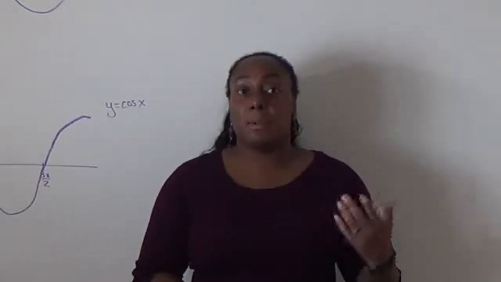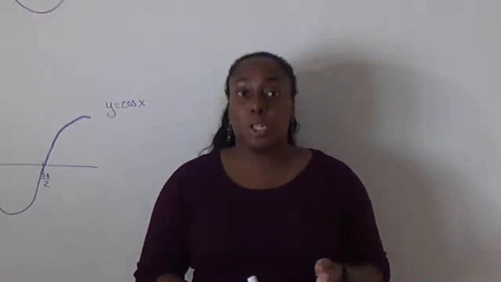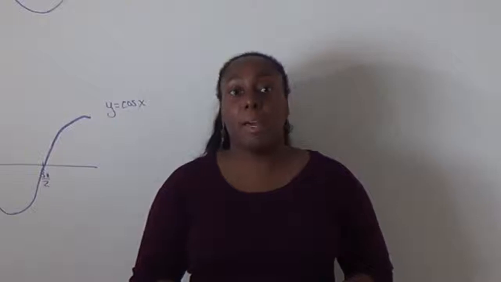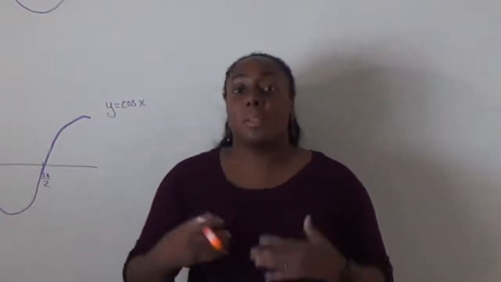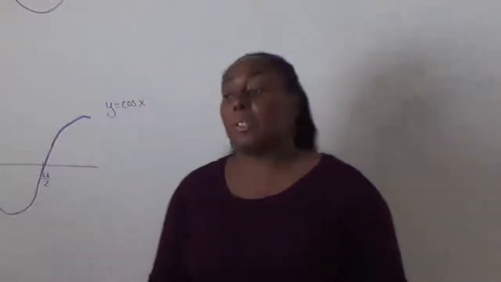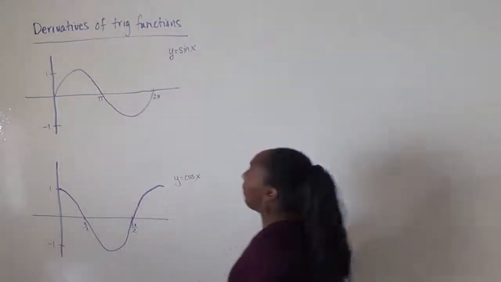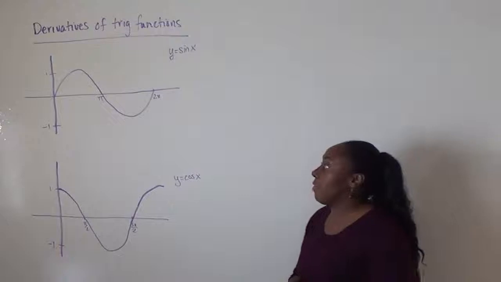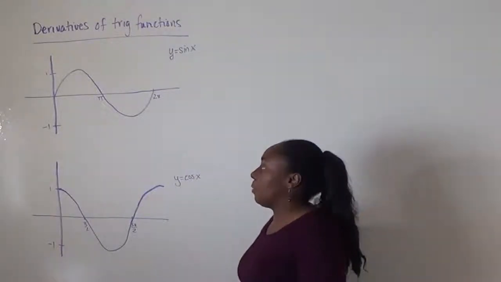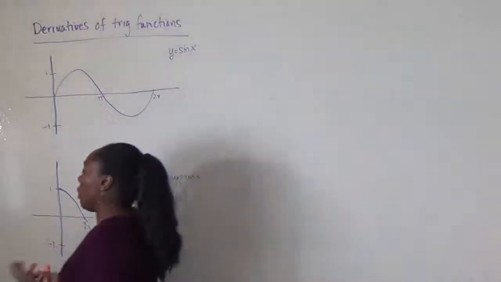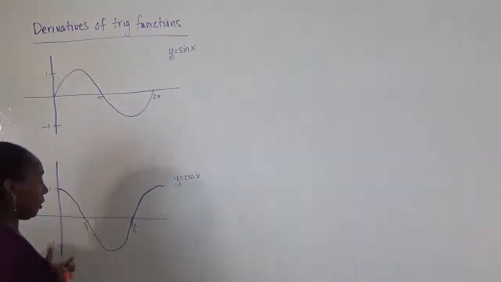Now, if you look in most textbooks, they will actually go through a formal definition of a proof, and I encourage you to read through that. But for our purposes, let's look at these and try to intuitively figure out what the derivative looks like. Okay? So here we've got two of our basic trig functions, y equals sine of x and y equals cosine of x. And if we think about what the slope is doing as we go through these curves,